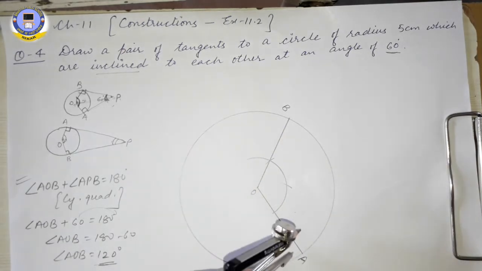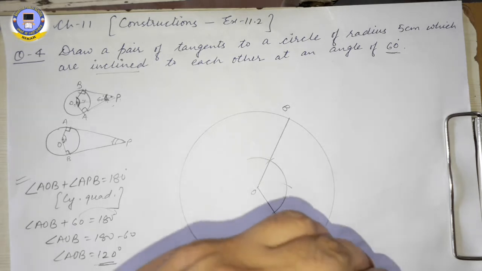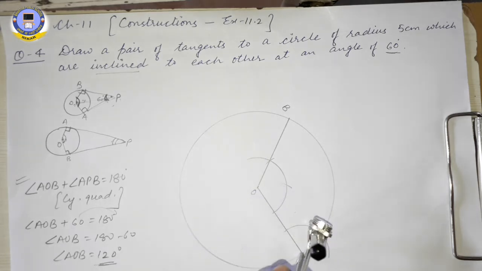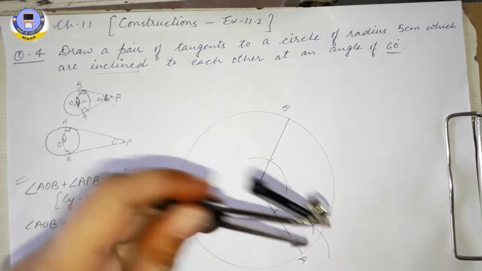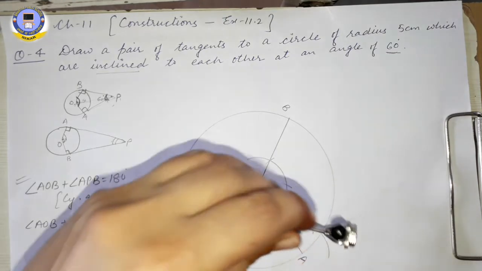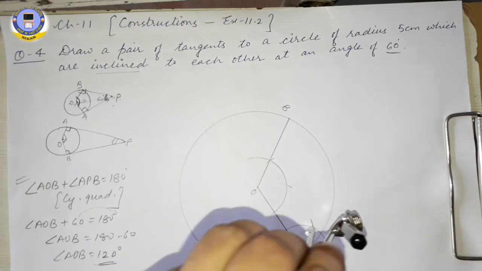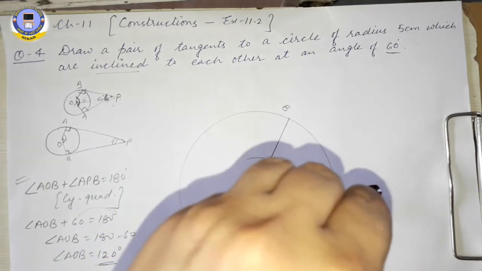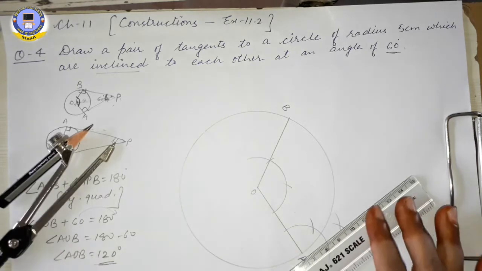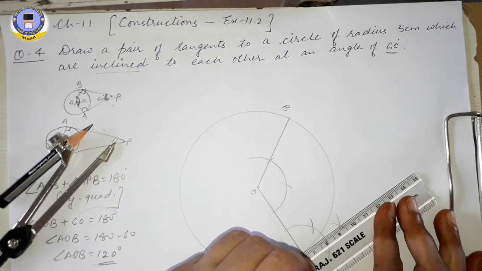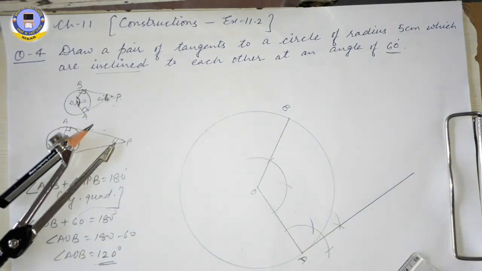So let us start making an angle of 90 degree at A. All of you know how to make an angle of 90 degree with compass. Cut an arc with the same radius. Cut an arc, it is 60 degree with same radius. Cut an arc, again it is 60 degree. Now we will bisect this gap. With same radius, cut an arc from this arc and from this new arc also we will cut an arc. Now join A with this intersected arc. Okay, this angle will be 90 degree.